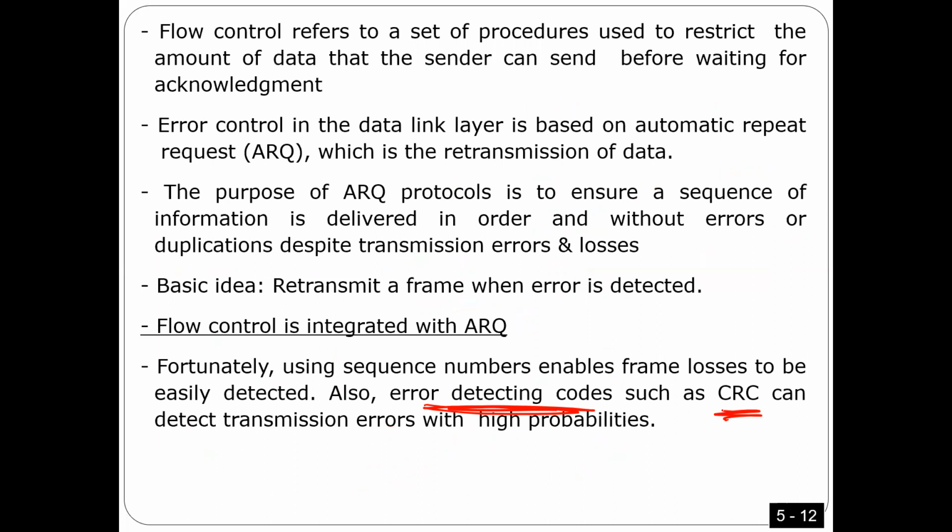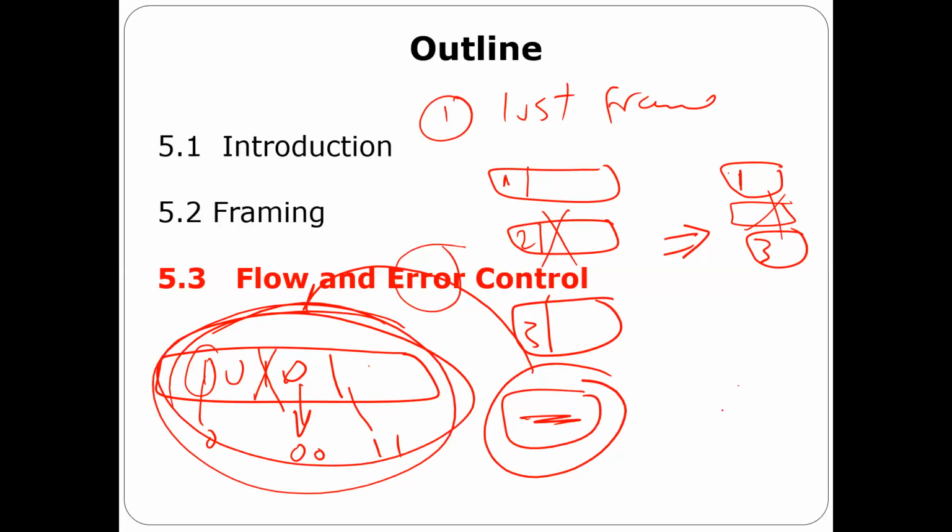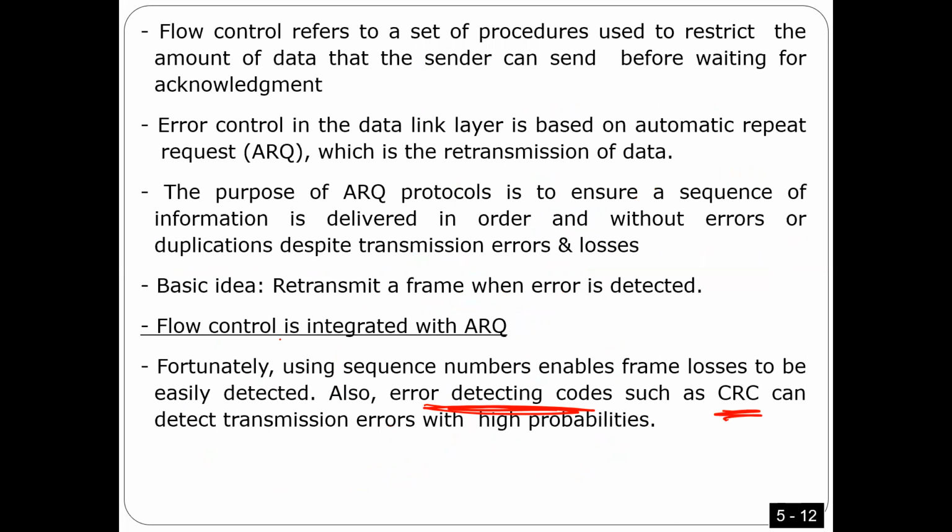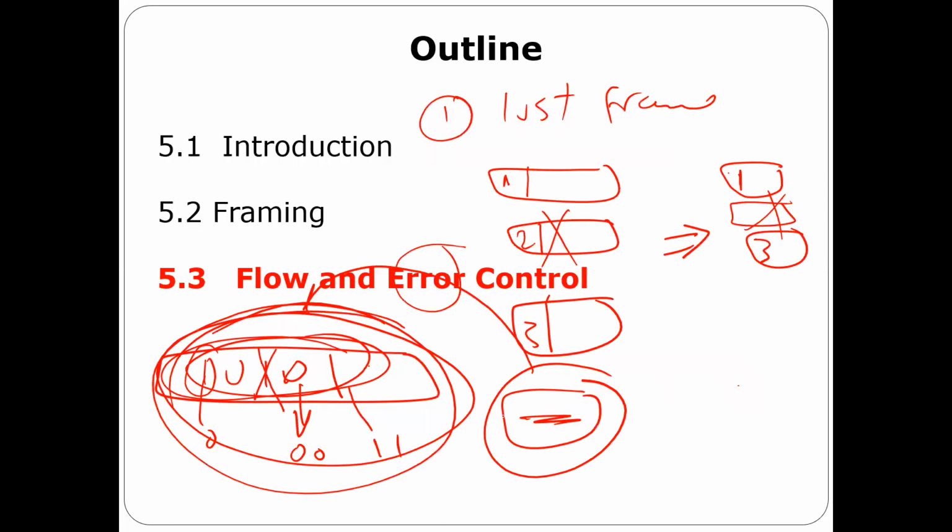Is that okay? So again, number one, what kind of error can happen? A frame can be lost, and we can solve this problem simply by numbering the frames. Number two, if there is an error in the data, in the bits themselves, there is a very easy way. You can just send a special code to check. So after I receive, what happens here, in addition to your data,